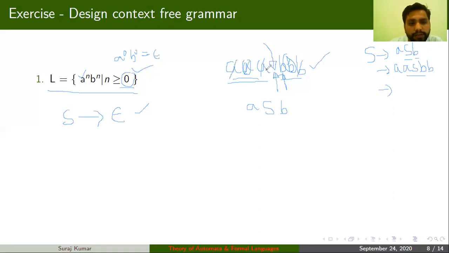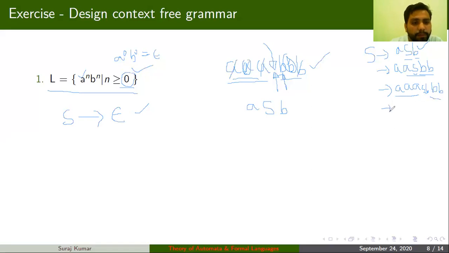Now to generate the third A and B, you can again replace this S with the same rule ASB, and then you can write the rest of the string. Now your work has been done. Your string of 3 A's and 3 B's has been generated.